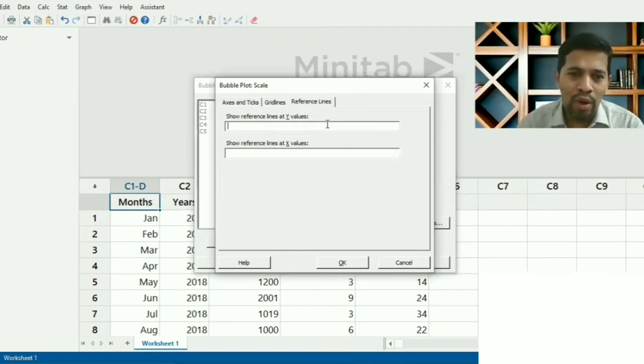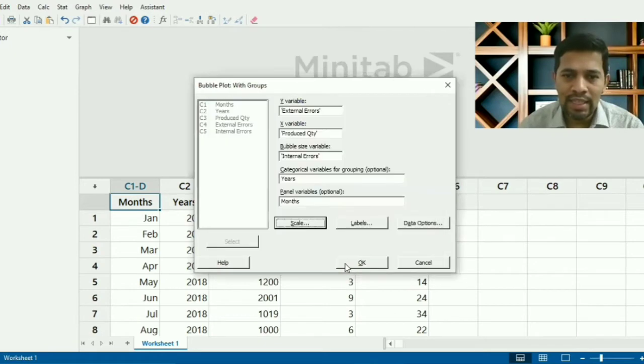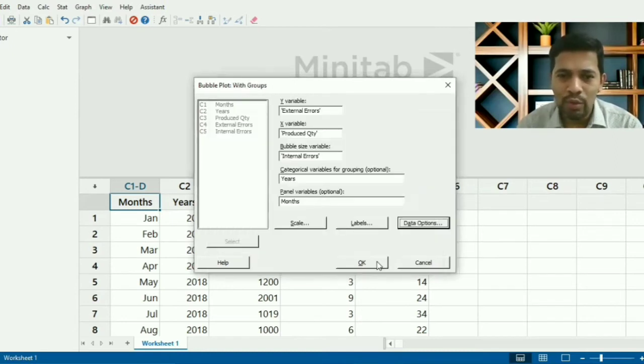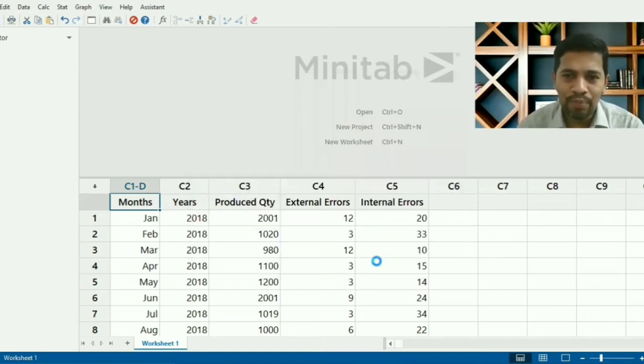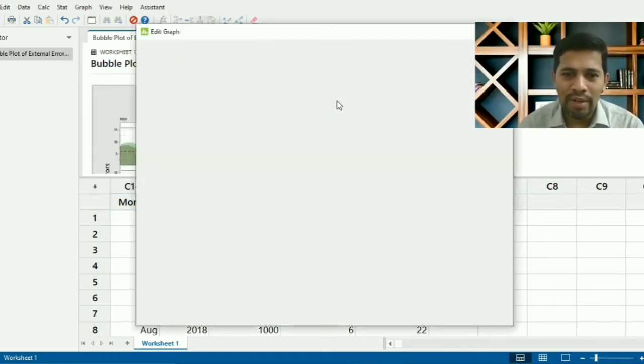Let's say Y is my defective, right? In the defective, let's say the minimum target is, let's say, 6. In data options you can give, I think all seems okay, click OK. So this is the beautiful graph, the plot has come.